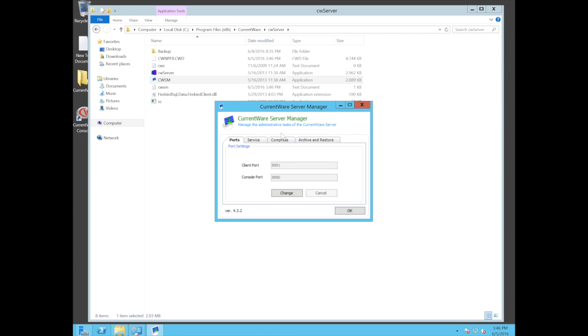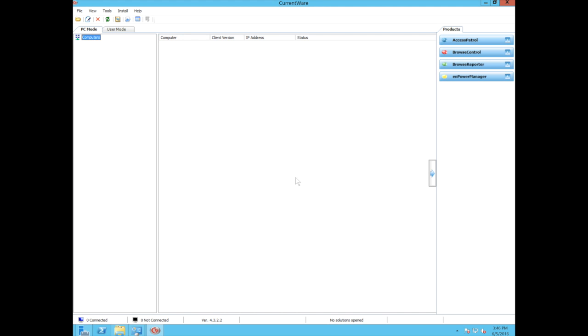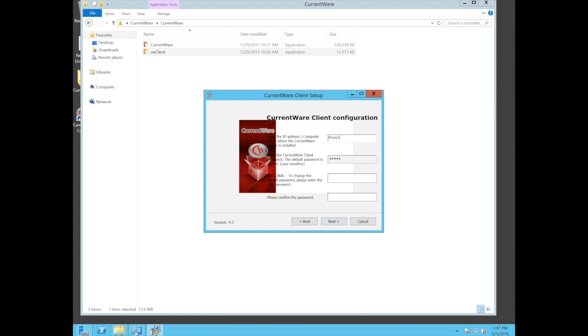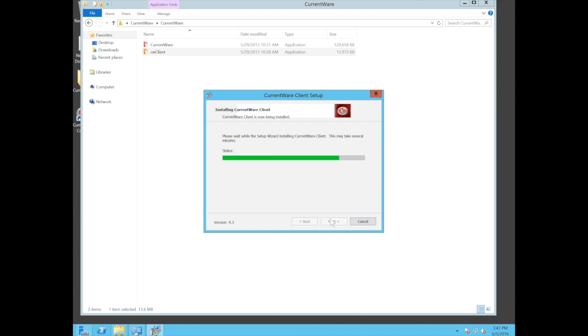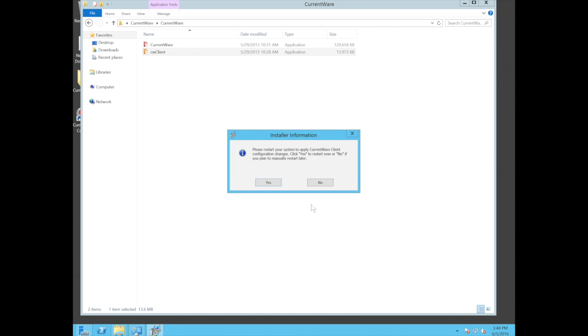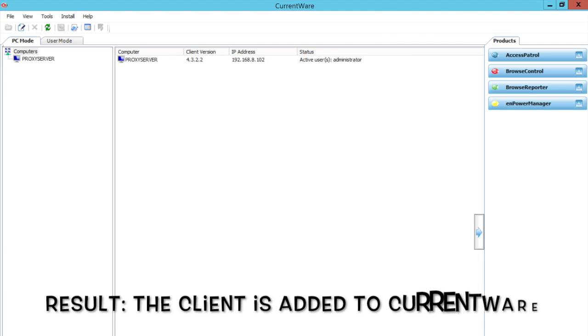Accessing CurrentWare Server Manager to start the CurrentWare server services. Local client means the same machine the CurrentWare application is installed in. The result of installing the CurrentWare client is to add the current machine into the CurrentWare application. Then, creating virtual machines,